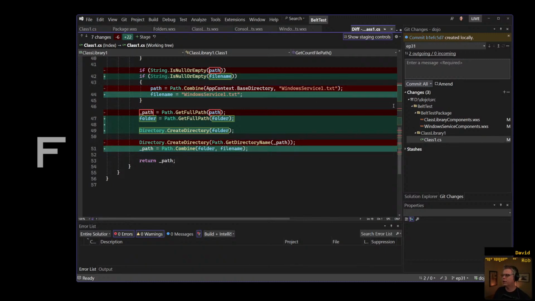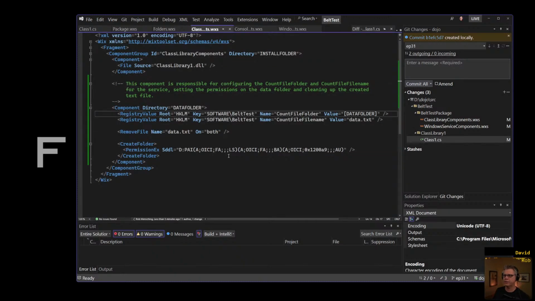And Paul has asked the question, should we add these registry keys to the file, like where the file's being installed? That's actually not a bad idea either. Maybe we should do that. Do you prefer that, David? You're the student, I'm going to let you call it. We could either put these registry keys in with this file, because they do go with this file, or we could keep them separate as the component that configures these registry keys.